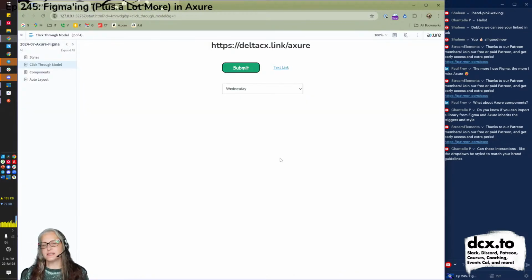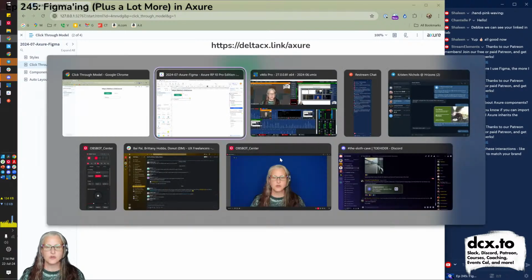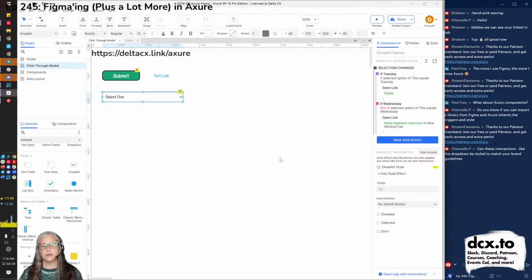So as you can see, this drop list isn't the prettiest thing in town. It would take a separate lesson for us to pretty this up and make it match our design system or brand guidelines. But you can see that the functionality is quickly more advanced than Figma and wasn't even that hard to build. It didn't take us minutes or hours or days to learn this or do this. So for people who think, oh my gosh, the Axure learning curve is so big, it's not that big. And not only did you just build interesting interactions, but you just used conditional logic. And that wasn't so hard.